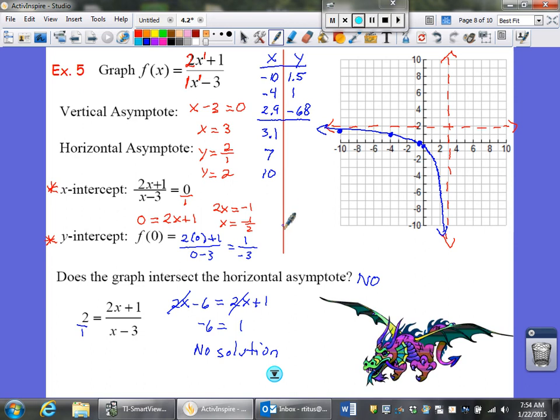Once we do this, we're done with this question. So 3.1 turns out to be 72. Wow, look at that. That's huge. We just know that this graph is way up here. It's probably in this section here, and it is in this section up here. Since that number was way up there, we might need one more point. We'll check it out. Okay, for 7